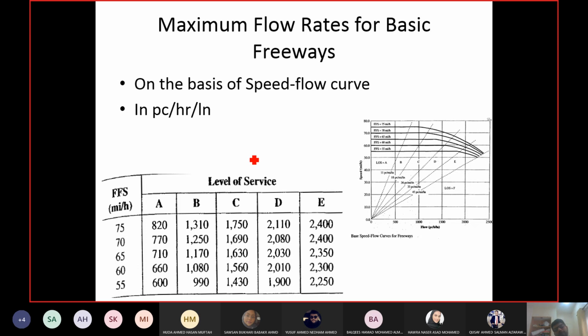What is service flow rate? Anyone? So I'm asking because I explained it to you yesterday, right? You have seen that all things which I've explained in the previous chapters, I told you again in this chapter. But at least you can tell me what I explained yesterday. Huh? What are service flow rates? Flow rates at what point?